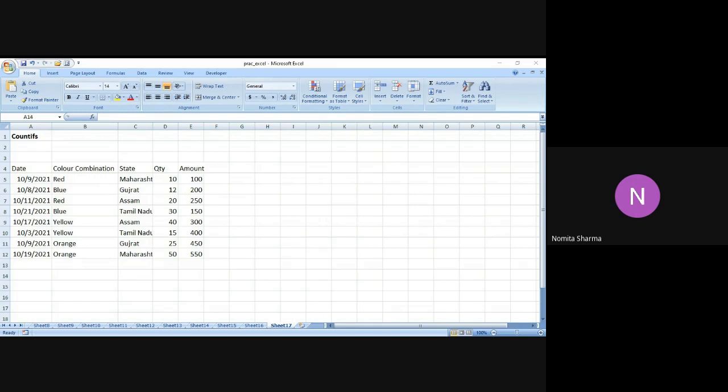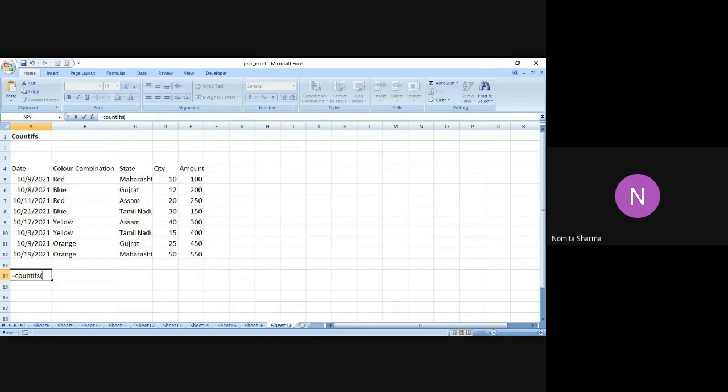So I'm going to say equal to COUNTIFS. And as you see, when I write this function over here, it will give me the meaning, that is, it counts the number of cells specified by a given set of combination or criteria. I write the round bracket and then it gives me the syntax of the function.